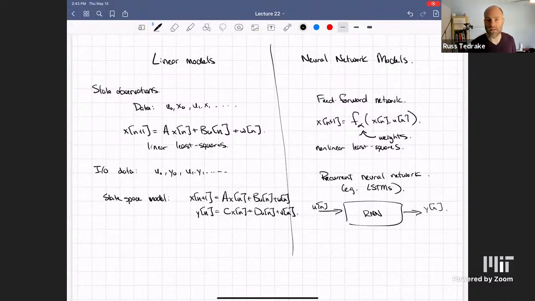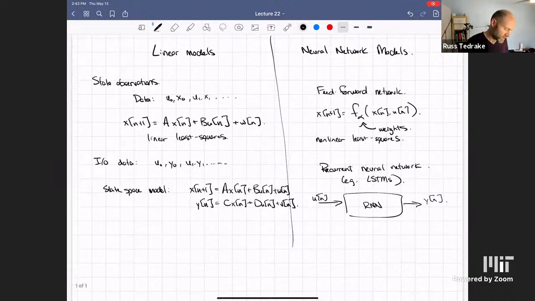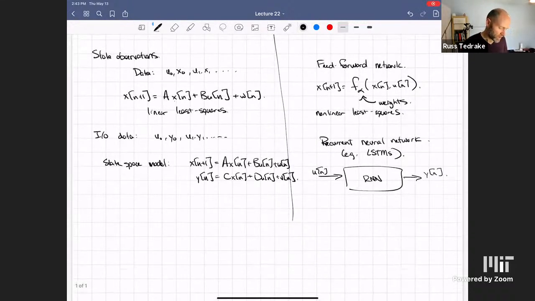It's still a nonlinear least squares problem, but we end up having to train it in a slightly different way. It's analogous, and it's important to make the connections and point out the differences to the linear version. And then there's one last version which I think is importantly different than those two, which is the